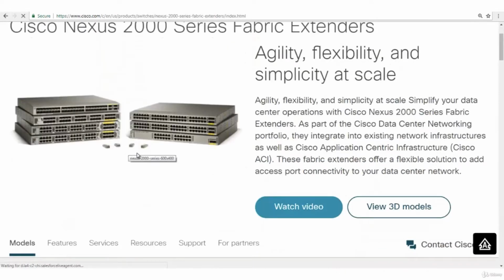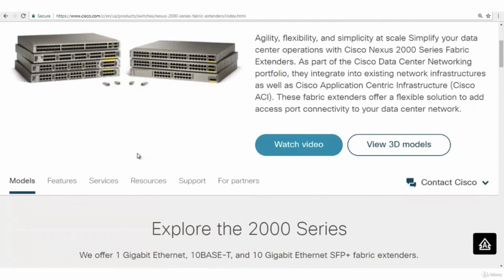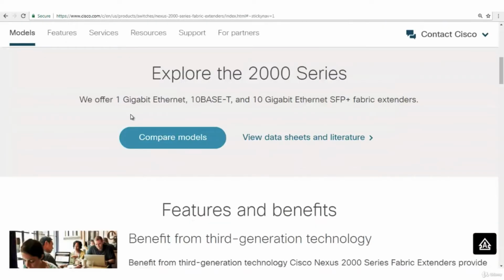These are line cards, remote line cards, you'd better call them. Once you connect to a parent switch, it can be connected to 7K as well as 5K, but not all of the models of Cisco Nexus 7000 support it. You need to check the datasheet before connecting it to 7K because 7K is already a modular chassis. Why do you want to connect one more line card and make it appear as an additional line card? So better to connect it to 5K because that is non-modular. It does have support for FEXs. You can connect 24 FEXs. You have to check the model as well.